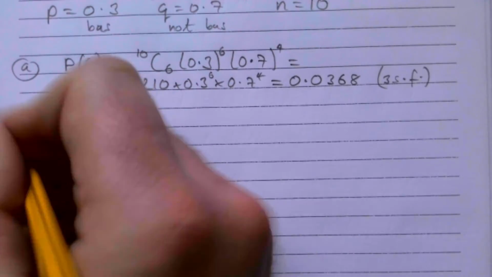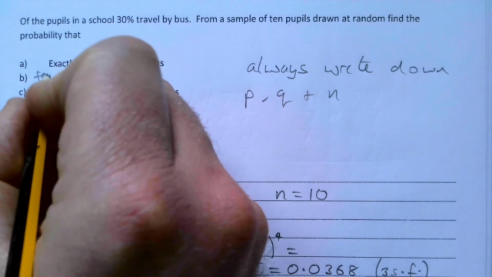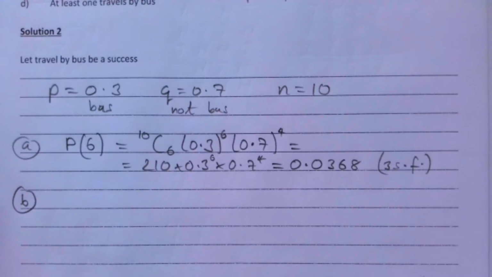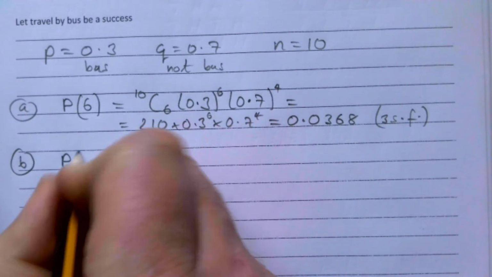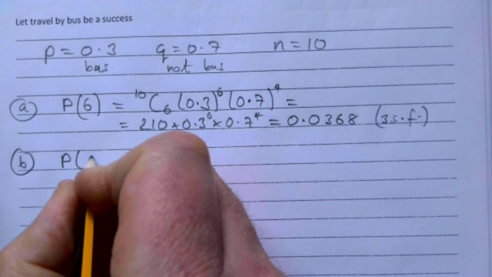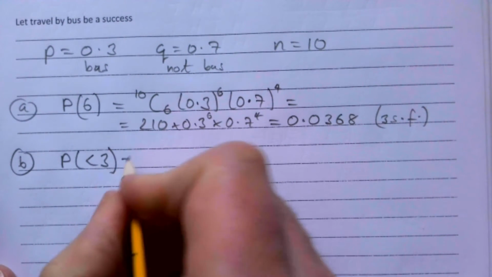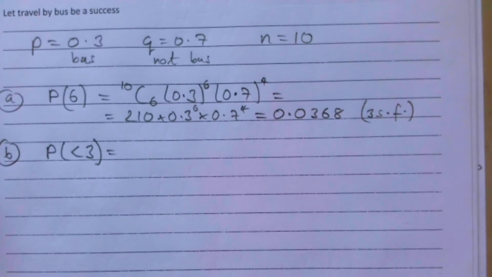Part B. Less than, the English is wrong, that should be fewer. Will not have you speaking incorrectly. So fewer than 3 travel by bus, that means the probability of less than 3. So there's going to be 3 different options there. We could have 0, we could have 1, we could have 2, and so we need to add those 3